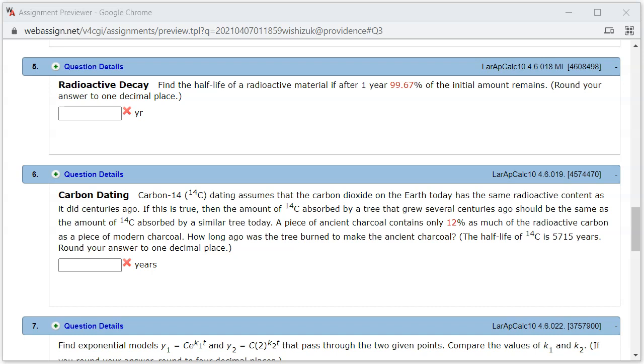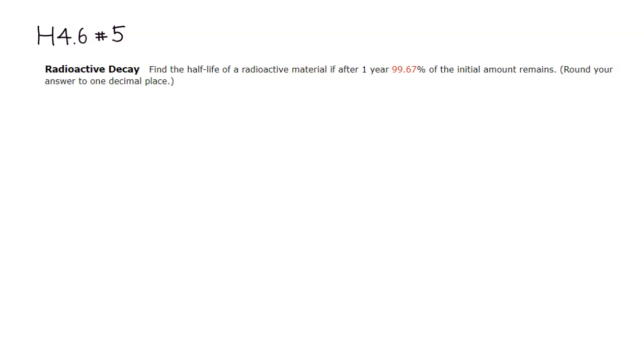So let's do that. Since we know that this is going to be an exponential decay, since it's radioactive, I'm going to call it R of t. This is the amount of radioactive material after t years. So it's going to be exponential, an initial amount we don't know, R0, e to the negative kt, right? So knowing that after 1 year, you have